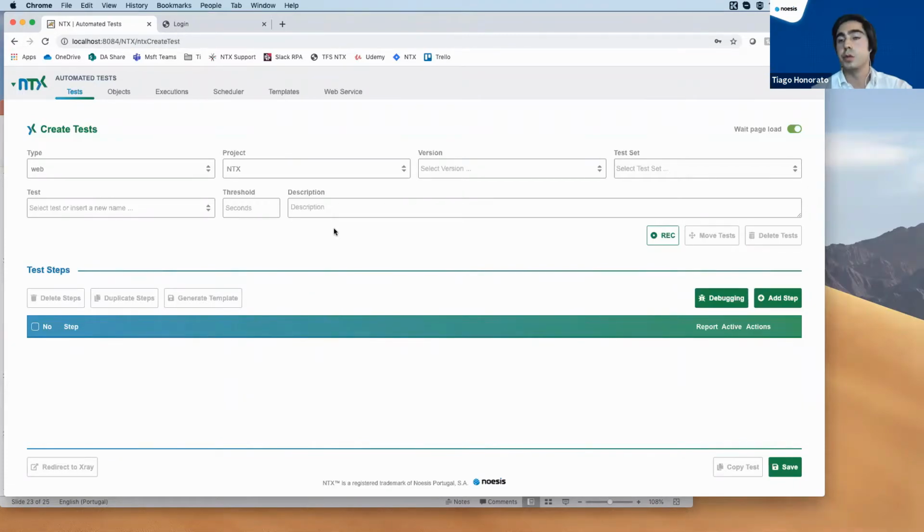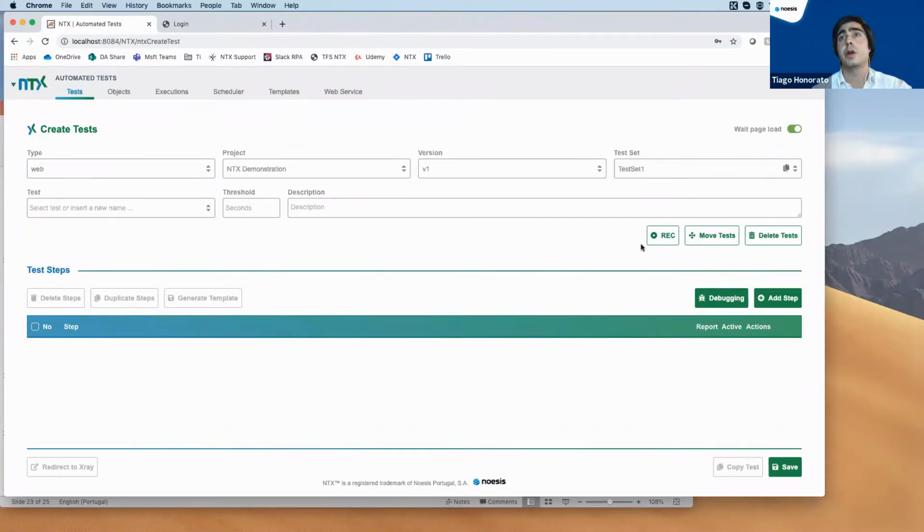In this case, I'm linked with X-Ray, the plugin for Jira Server in this case, because we have the integration with Jira Cloud and X-Ray Cloud. So in here, this is the hierarchy from X-Ray. If you were linked to Azure DevOps, the hierarchy here would be different. So let's go. I will choose the project, and this project is from Jira. It's automatically retrieved from Jira. This version is the version of the software that we are going to test, and it's defined in X-Ray. And here is the test set where I will put my test.